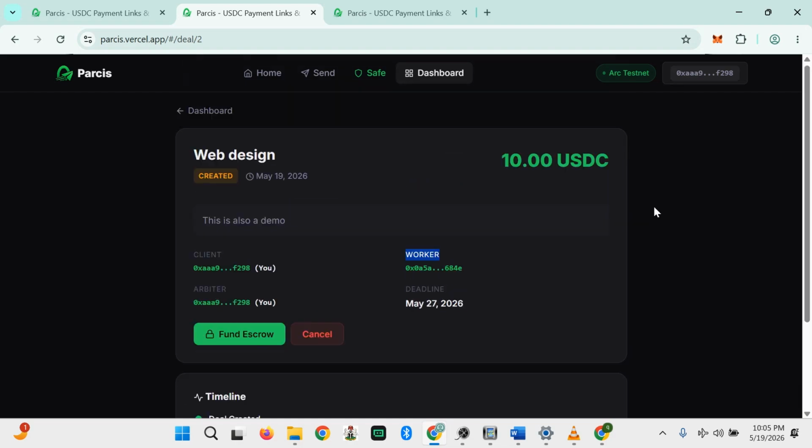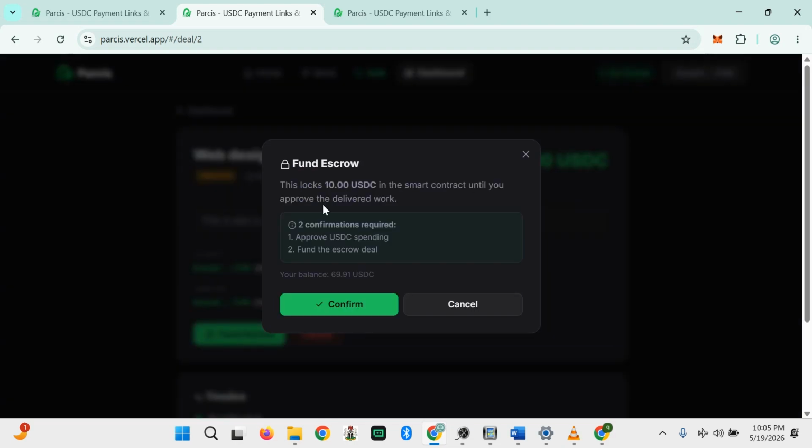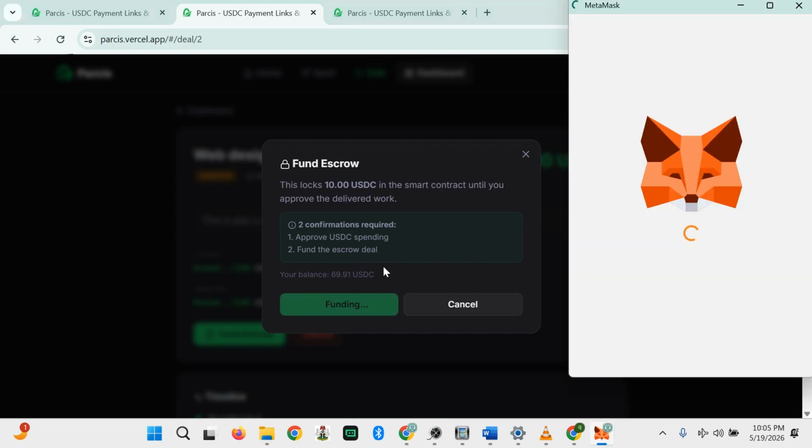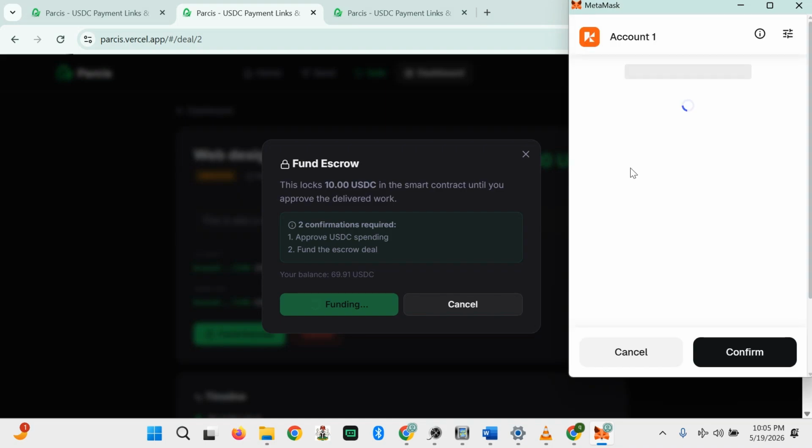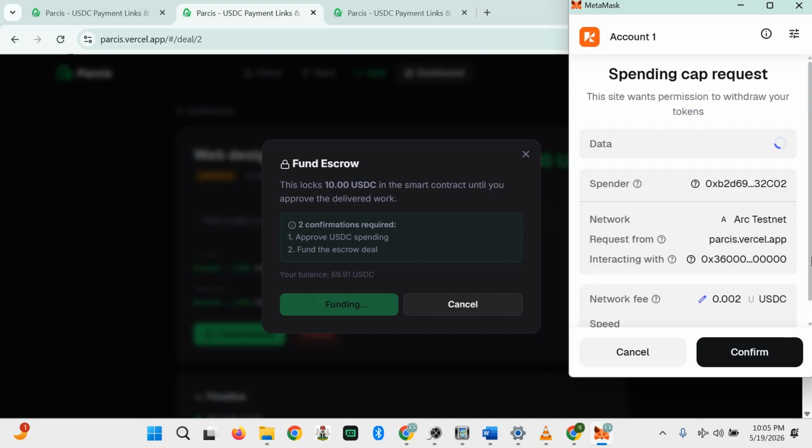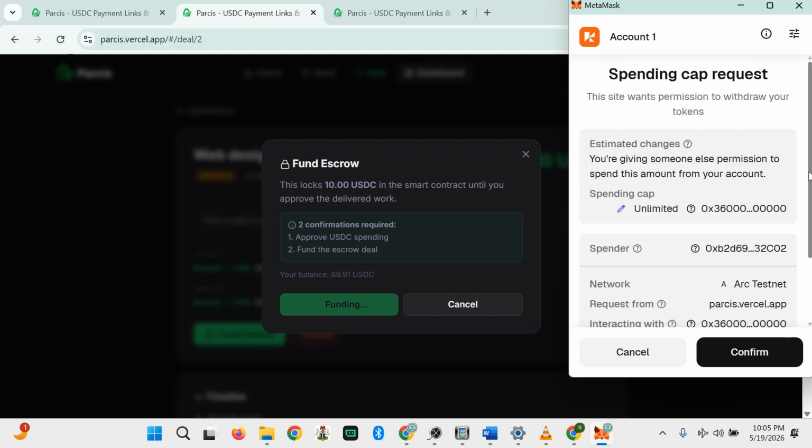Right now I will need to fund the escrow. I'll sign two transactions: approve spending of USDC, and funding the escrow. As you can see, the platform is very fast. Once I click confirm on MetaMask, even before the pop-up displays, the transaction has been submitted.